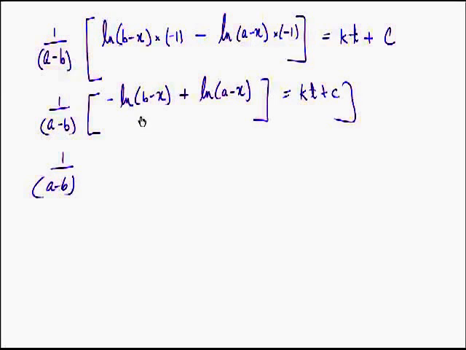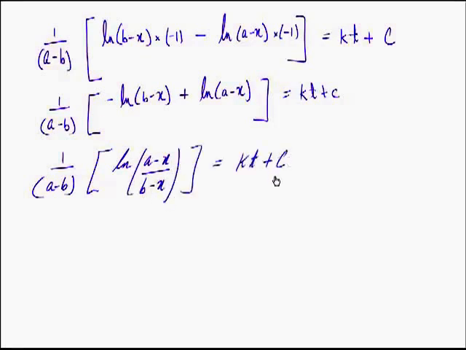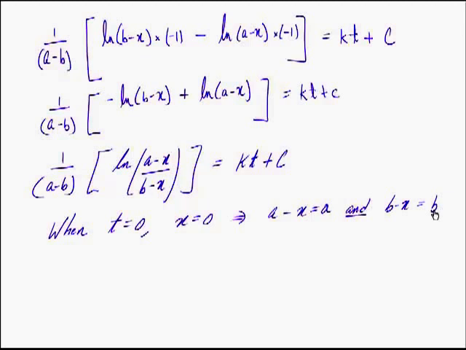Now I'll simplify the left hand side. I'm sure all of you know that log x minus log y is log x upon y. So I can write this as ln a minus x upon b minus x. Now we need to find out this constant of integration. So we can use the idea that at initial time, that is when time is equal to 0, there is no consumed concentration as the reaction has not started, and hence a minus x will be effectively equal to a and b minus x will be effectively equal to b.